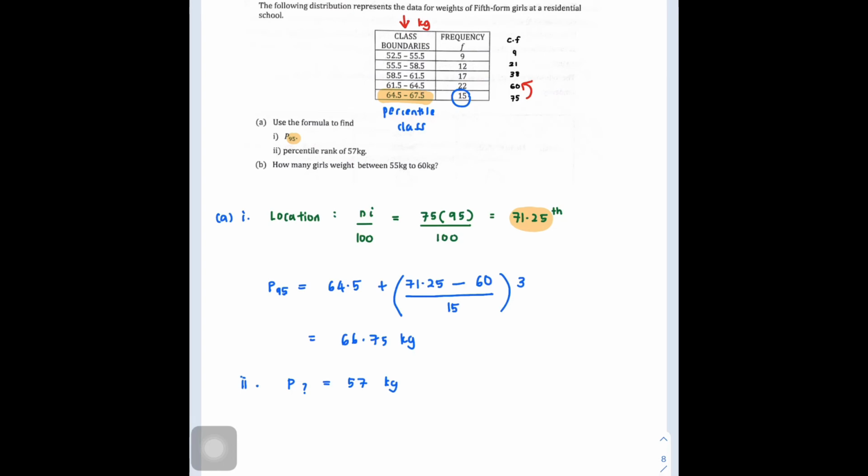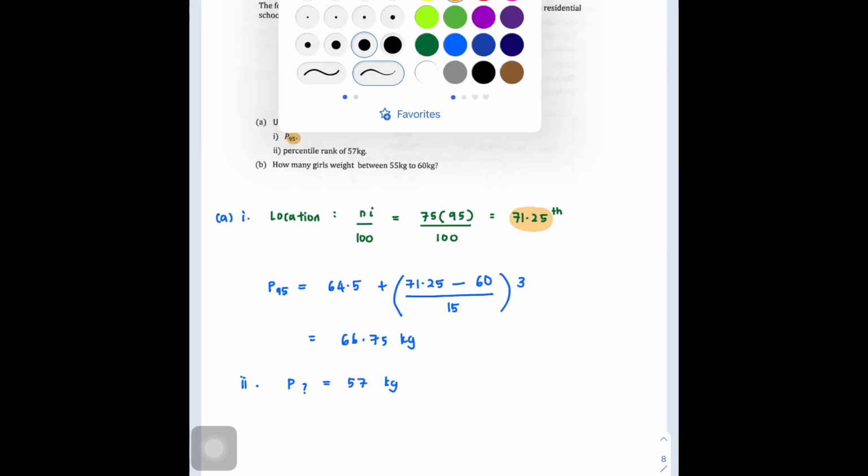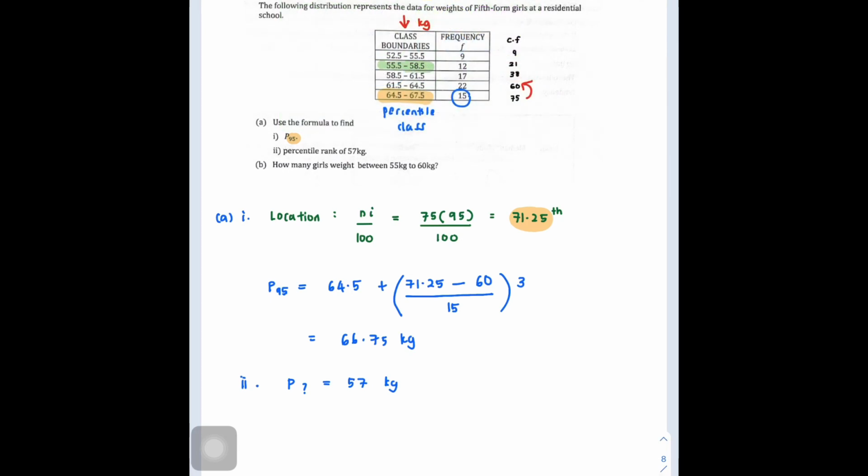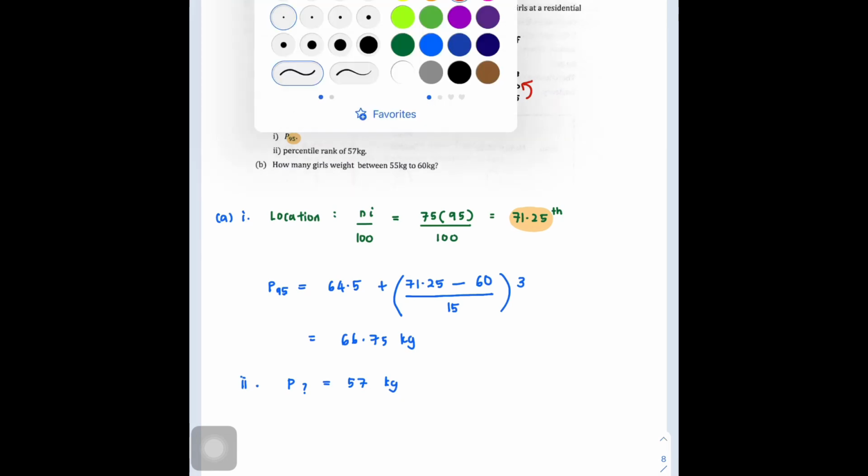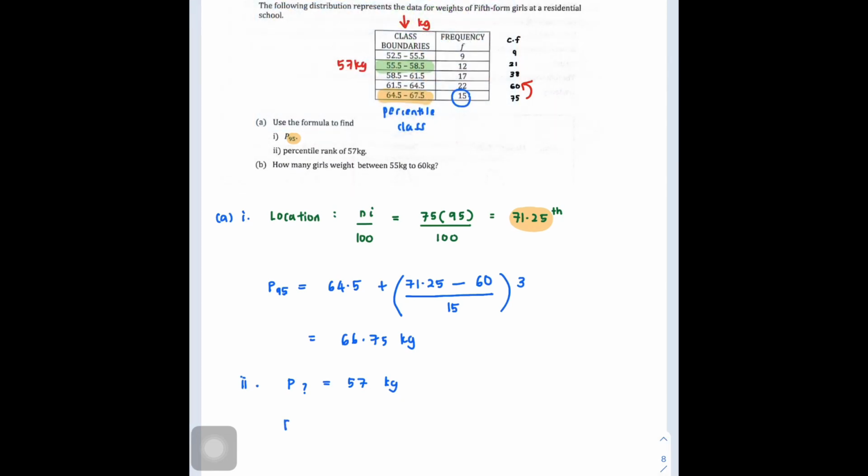First row, first class is 52 until 55. Not up until 57 yet. So 57 is from the second class. This is the percentile class for question part 2. Okay, which is 57 kg fall in the second class. So how can you substitute the value? P unknown, which is Pi, equal to the lower class boundary is 55.5